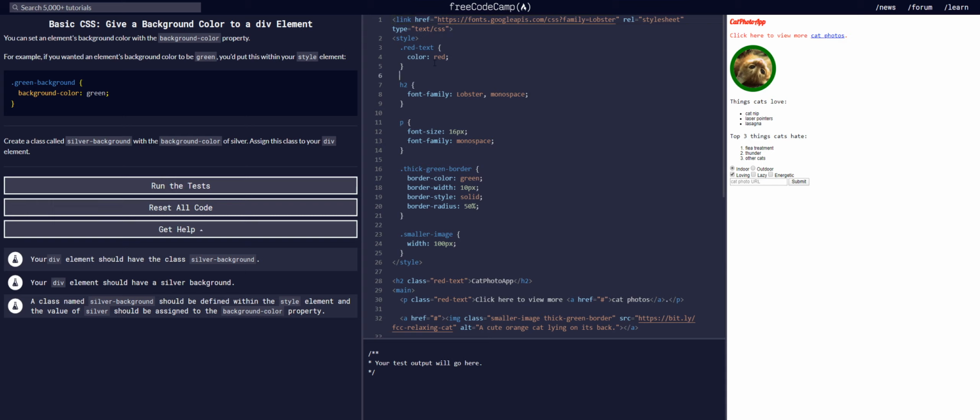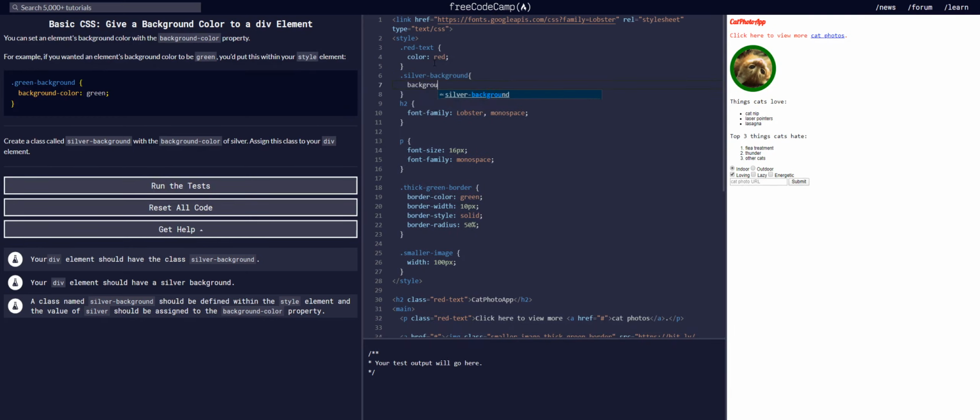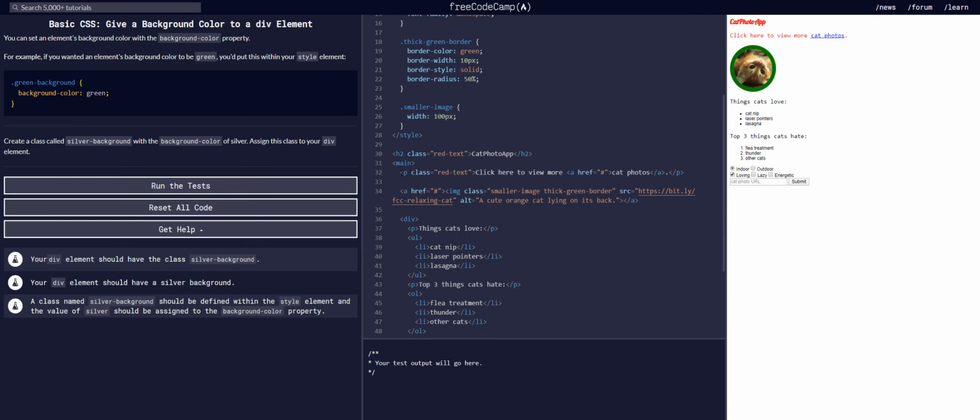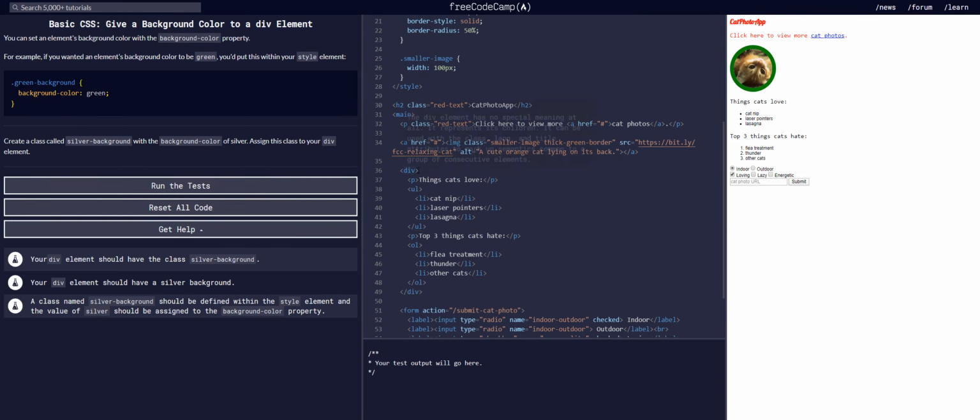Okay, so we're gonna create a class, call it silver background. The background color is going to be silver, and then we're gonna give this to our div. Class of